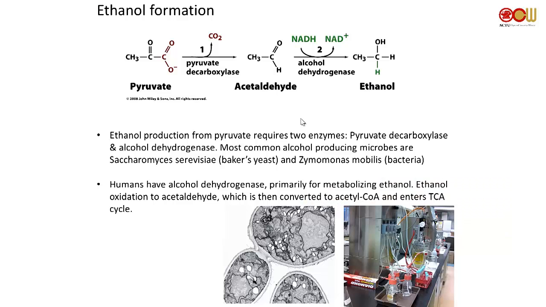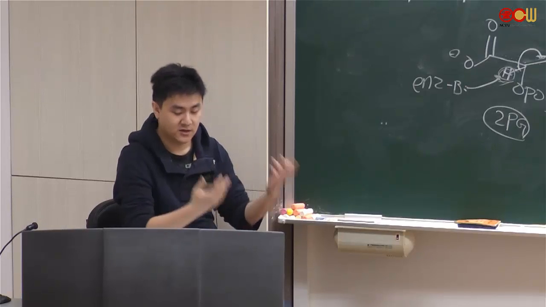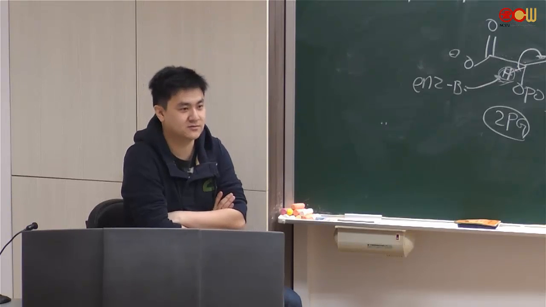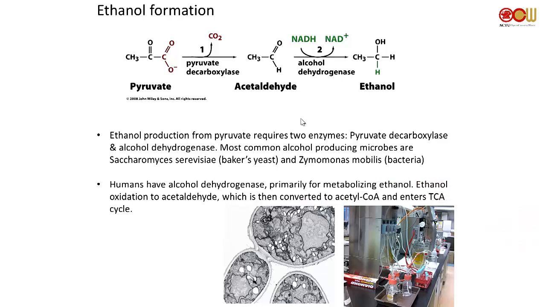Ethanol is a very important product for humans because we have known how to ferment alcohol for a couple thousand years. The way it works is that it's mediated by the ethanol production pathway, in 2 steps. The first step is pyruvate decarboxylase, where you take this carboxylate and just kick it out as CO2. What you're left with is acetaldehyde. And this acetaldehyde can then be reduced, aldehyde reduced to alcohol, and then you generate ethanol.